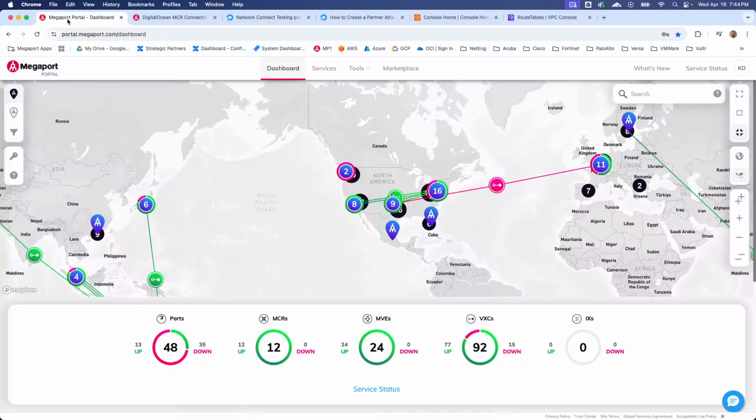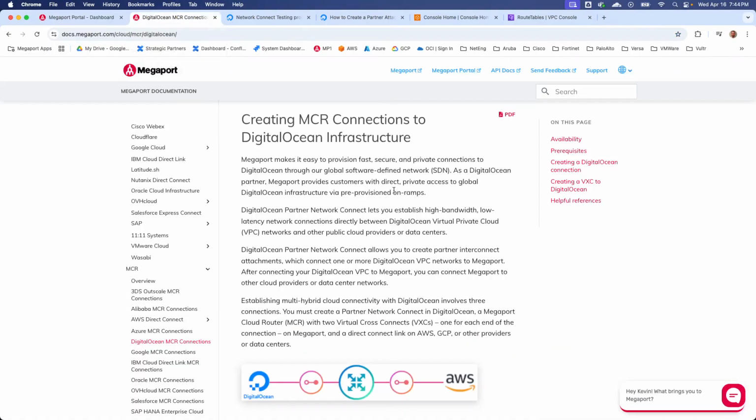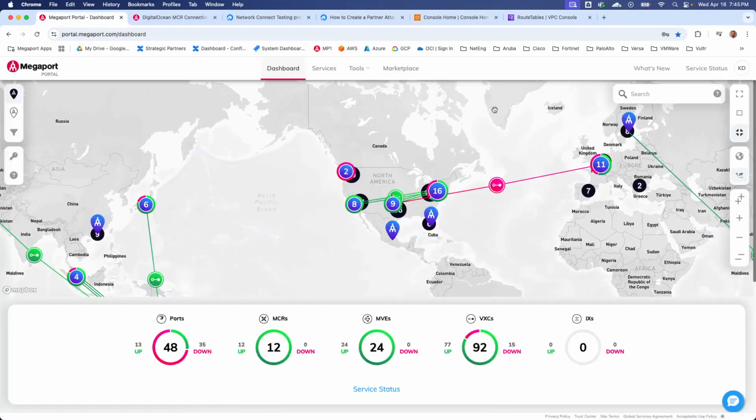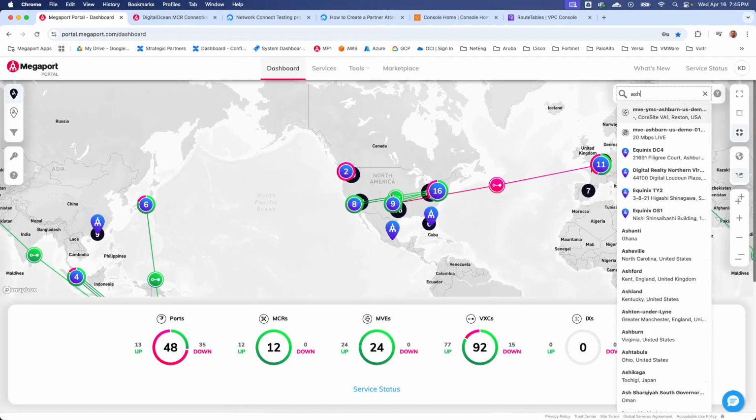I'm a solution architect at Megaport, and I'm going to show you how to deploy a Megaport Cloud Router with connections to AWS and DigitalOcean infrastructure. What I'm going to do is highlighted here in this diagram on our documentation page. There's a Megaport Cloud Router, and there are going to be two VXCs created, one to DigitalOcean and another one to AWS. To get this started, on our portal dashboard, I'm going to pick a location of Ashburn, Virginia,